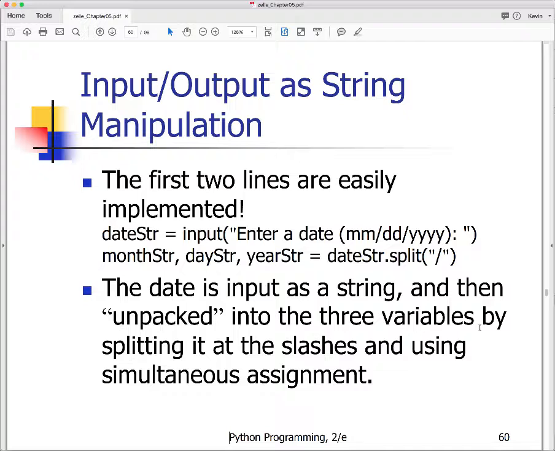So the first couple lines are easy. We do an input. We don't eval it. We don't int it. We don't do anything because we want a string. So we put it in date string. A lot of times what I'll do is I'll call it something like date as string. Okay, so we know what the date is. And if it's important to remember that this one's a string object, I'll just say date as string. Date str, that's probably just as good. So he gets a date string,